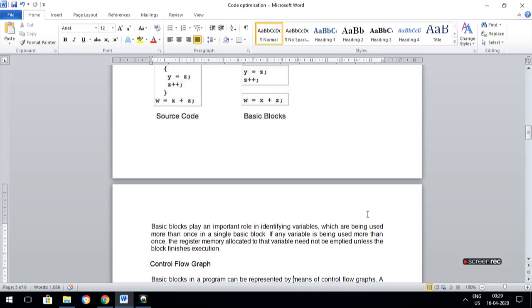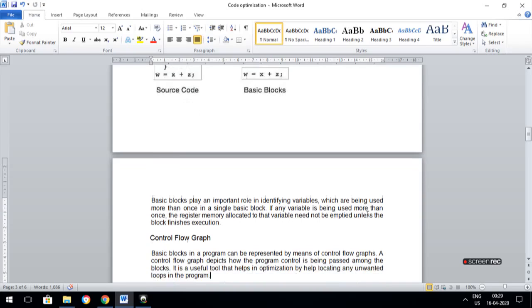This leads to register memory allocation for the variable. Until the loop or branching exits and completes, that memory location will not be allocated to some other variable.